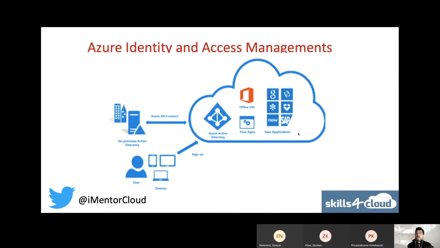So, Azure Identity and Access Management. This is what it looks like when you go to the cloud. I do not know how much experience you have, so if you are in IT, can you type in the chat box how long you've been in IT? If you do not have any, that's fine. I can cover all experience levels, but it will help me understand. Just type 1 year, 3 years, 5 years, whichever.